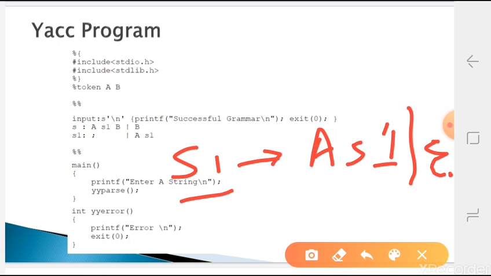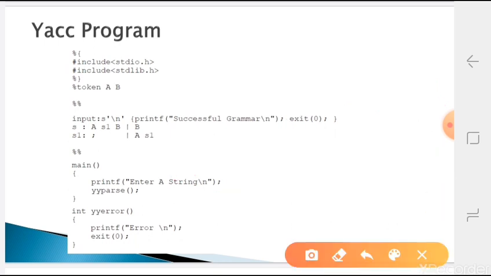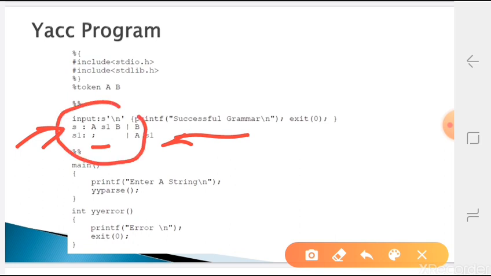So it will read n number of a's here, and then to stop we will use epsilon. If n has a 0 value, we directly take epsilon without reading this production part. In the system we don't have epsilon to represent, so on behalf of epsilon we are just using a semicolon here. So S1 produces epsilon or a S1, that is the production, and the starting production is S produces a S1 b or b. This is overall our grammar.